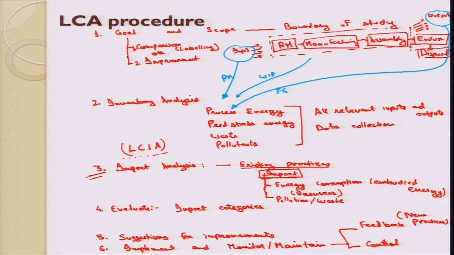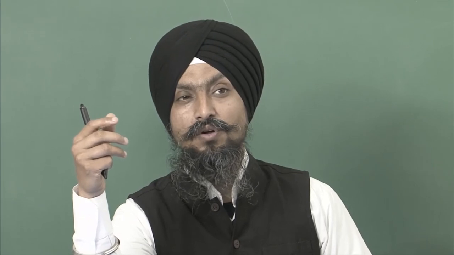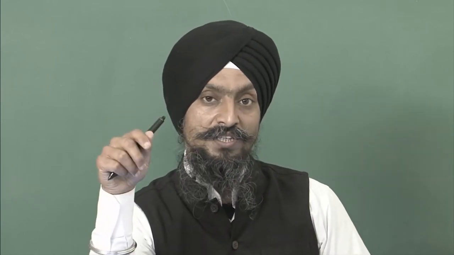So before moving forward to the case studies, I'd like to put some light on these two concepts, embodied energy and energy ladder. What is energy ladder? Energy ladder is a concept in which the households, they decide to use the fuels which are of high level of energy. For instance, one can decide the solar energy, we can put the clothes to dry in sun. But if he uses the washing machine that is having heater and dryer in it and spinner in it, that is consuming electric energy, that is the higher level of energy.